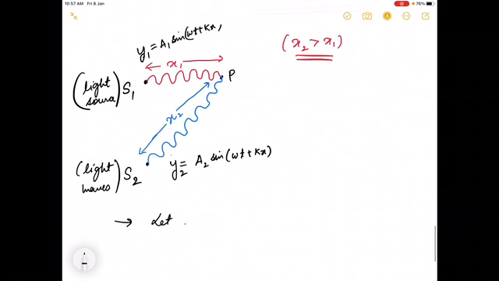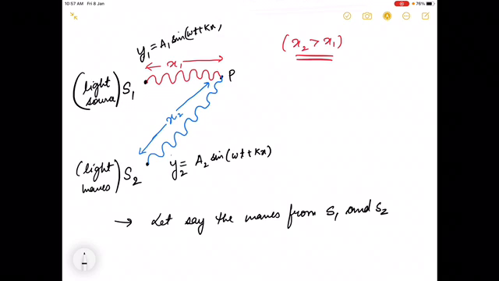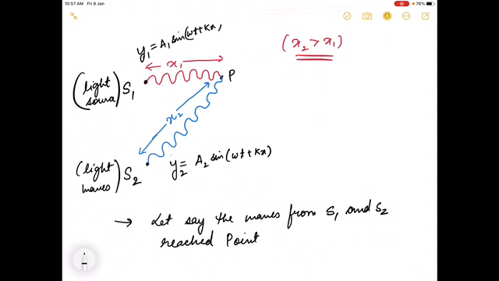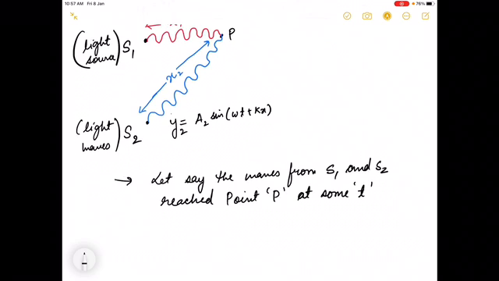Let's say the waves from S1 and S2 reached point P at some time t, right? After time t they have reached point P, right? All right. Okay, so if that is true, at reaching point P,